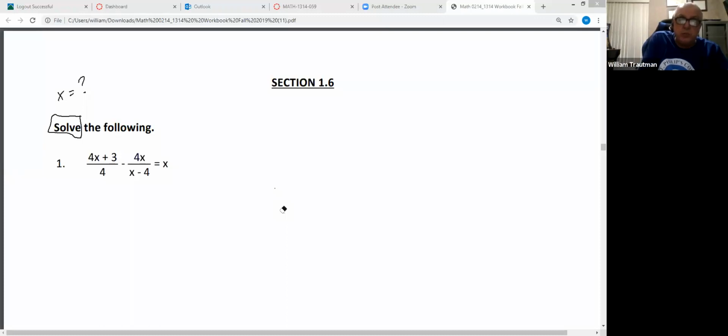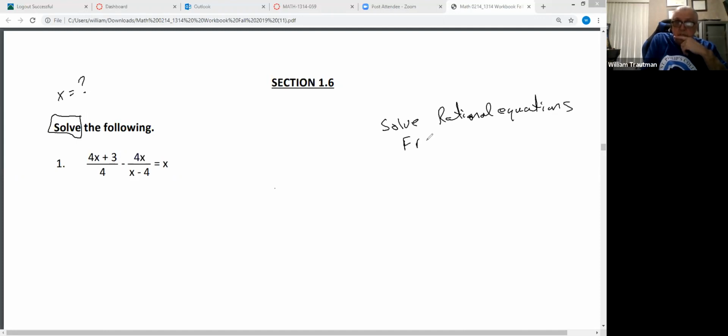And the way to do this, let me write down the steps to solve rational equations. In other words, rational equations are just fractions with x's in the bottoms, at least one x on the bottom of the fraction. Step one, find